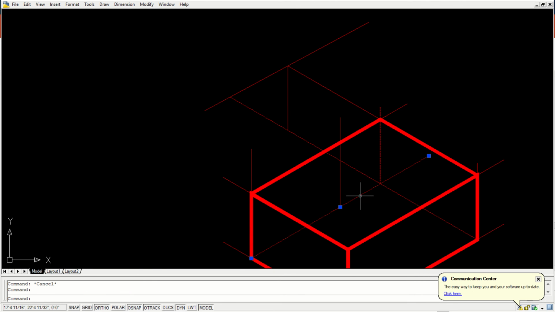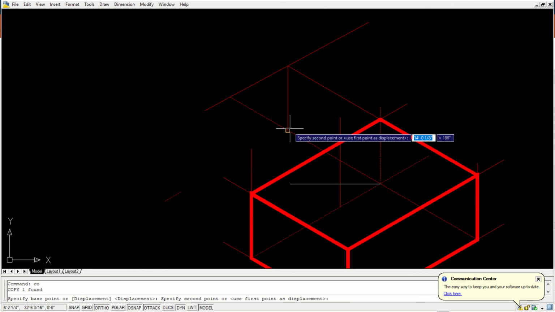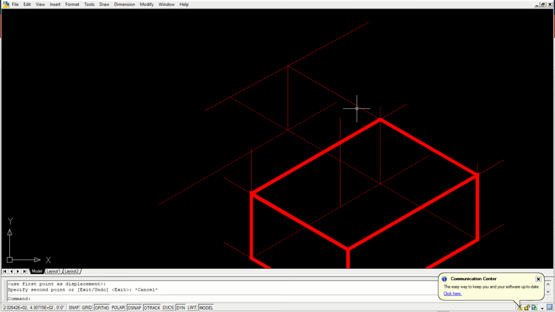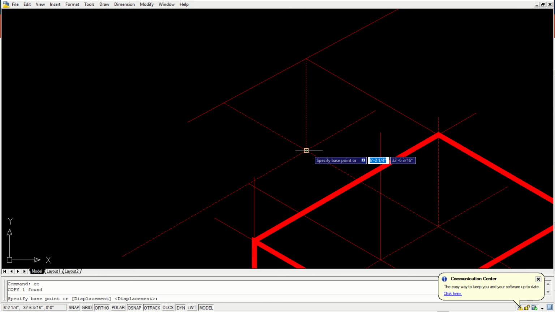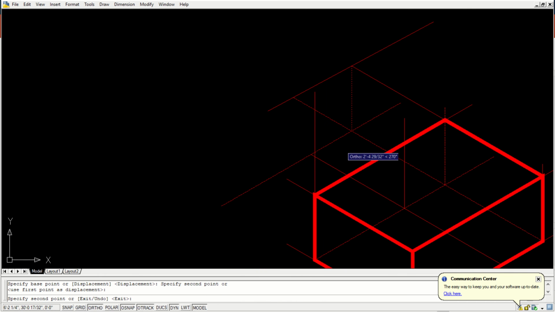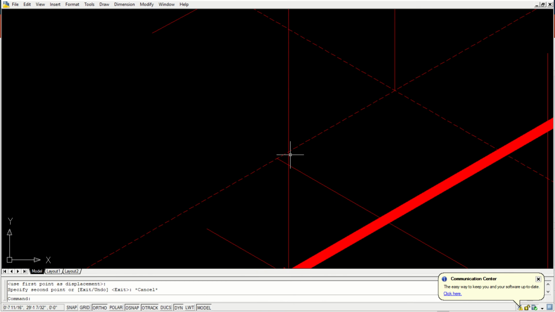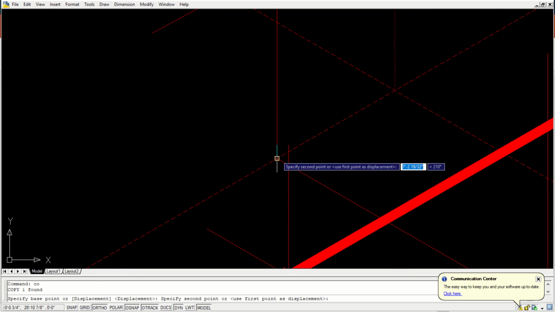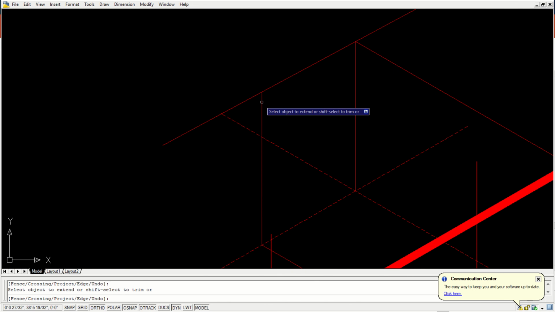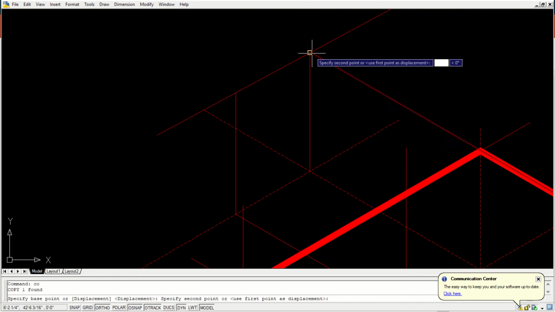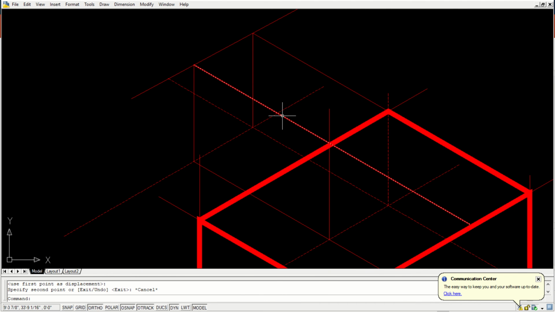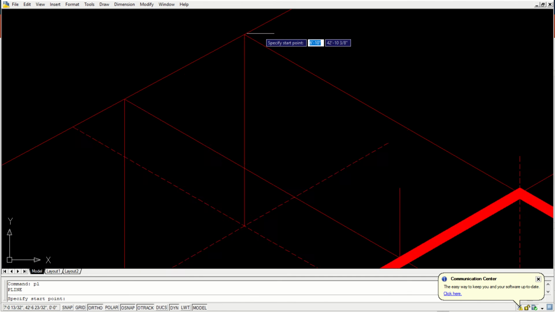Based on your measurement you can do it. This I have extended here. This is parallel line. We need a vertical line here. And now I'm going to darken it.